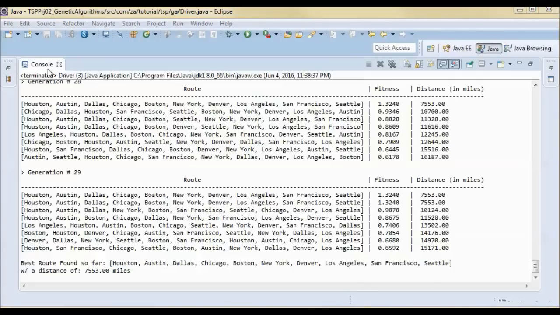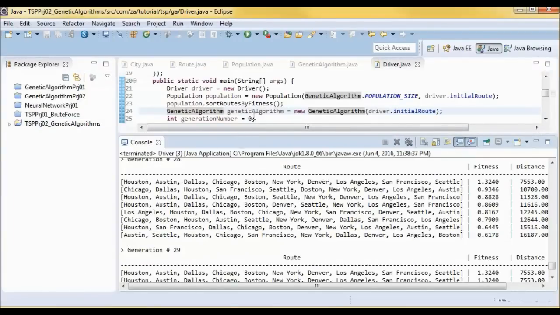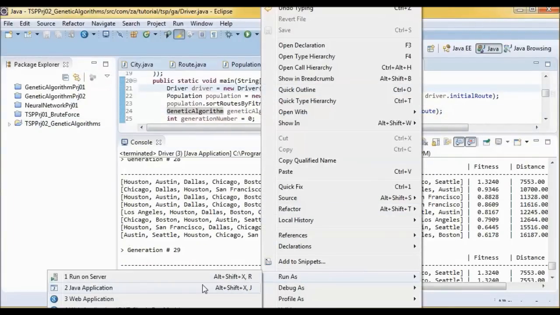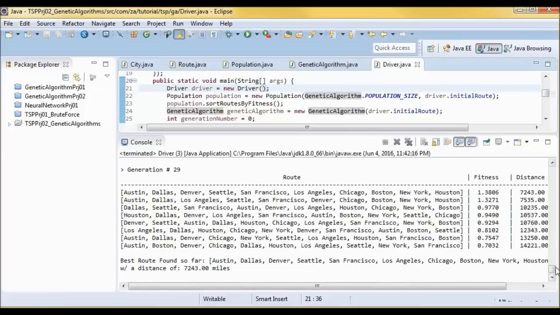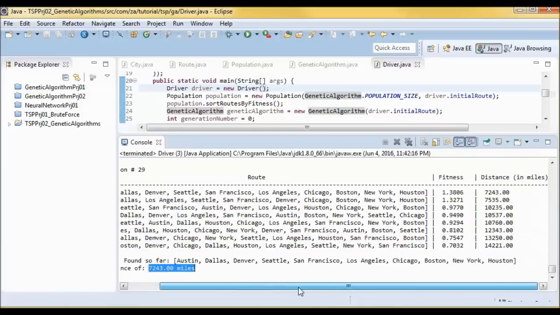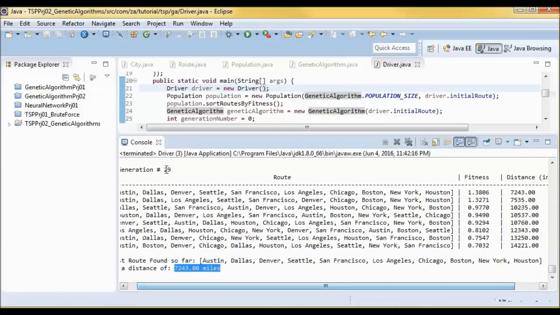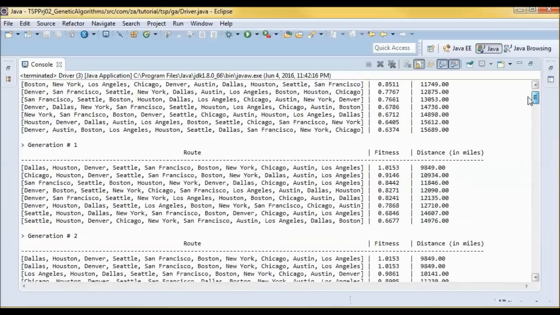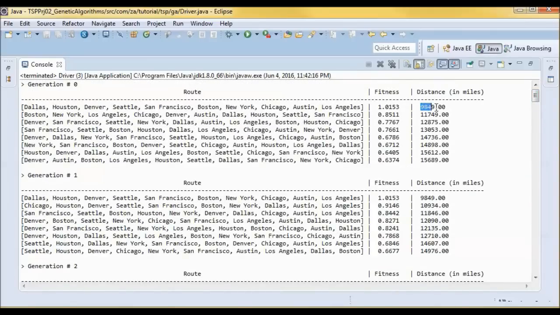And actually let's do another and see what we get. So we actually went down. Got a better distance. We started from this distance.